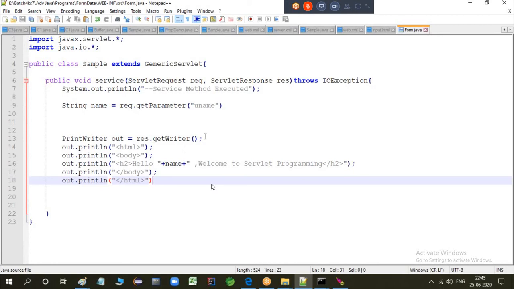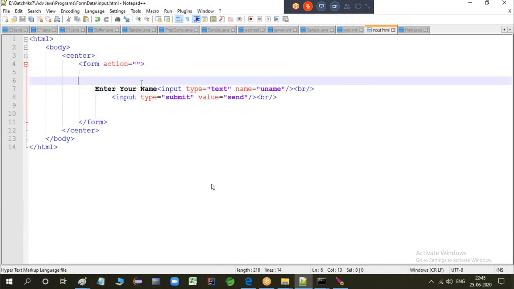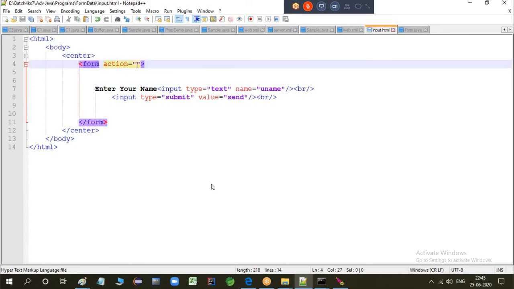Now the last thing I need to do, when I'm entering the URL, I need to give some action. What action is it taking? I need to tell that after submitting the form, it should go to the particular form.java.